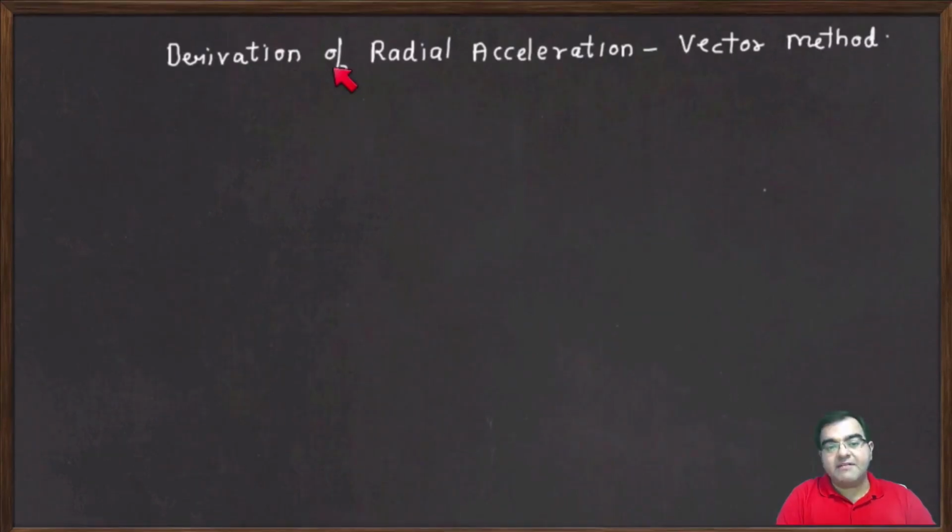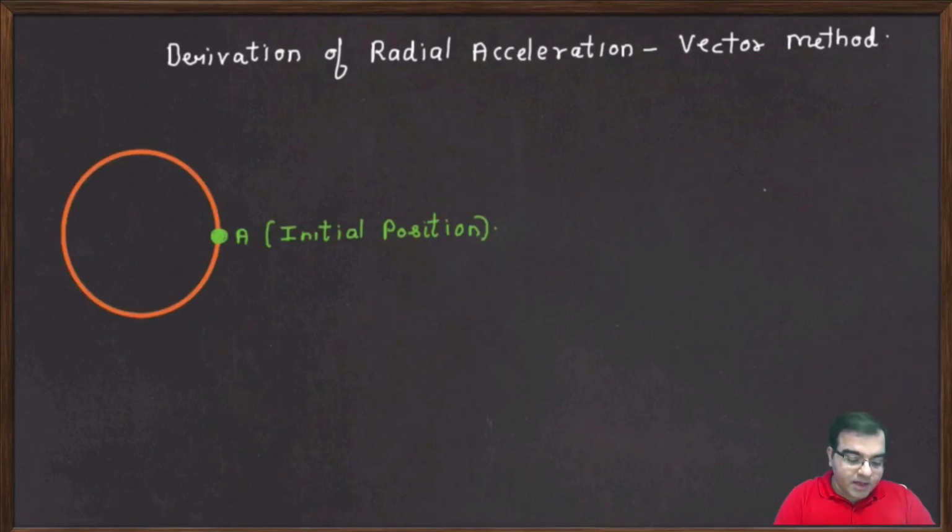We will do the derivation of radial acceleration. We have already understood what radial acceleration means. Now we will derive the formula for this. There are two methods to derive this formula. The first method is called the vector method, which I'm going to discuss right now. And in the next video, I would be discussing another method to derive the same formula. That's called the calculus method. So let's understand this. This is a